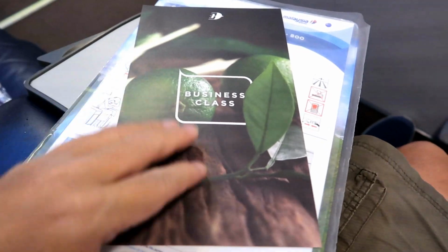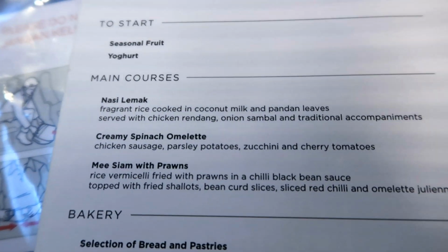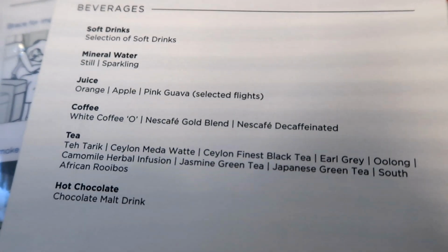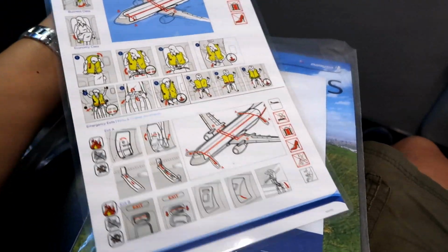Once in my seat, I soon began to check what's in my seat pocket, and first thing I find is a menu for business class. Since I had enough nasi lemak during my stay in Kuala Lumpur, I thought of getting the rice noodles and prawns with pink guava to go along with it. The menu and all other reading materials are placed in a clear packet, where I also find this aircraft's laminated safety card,